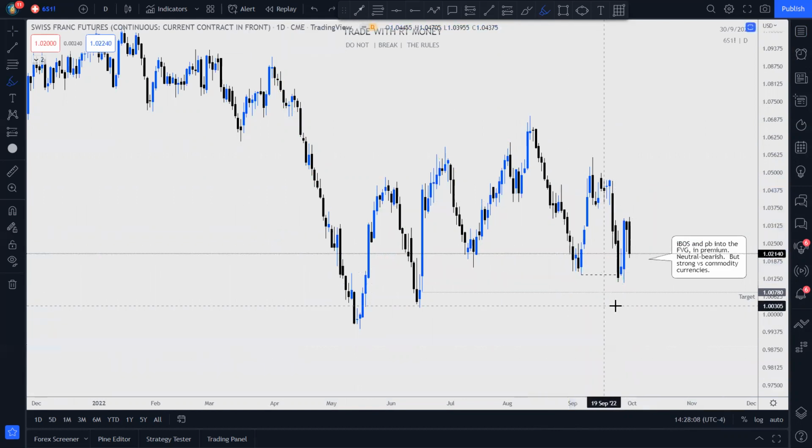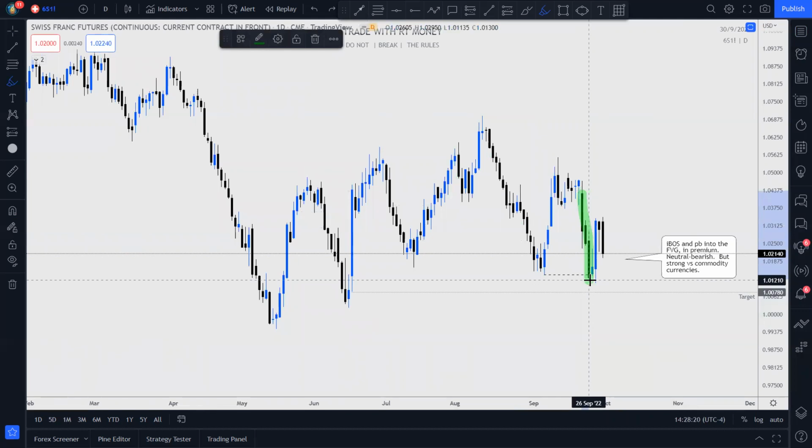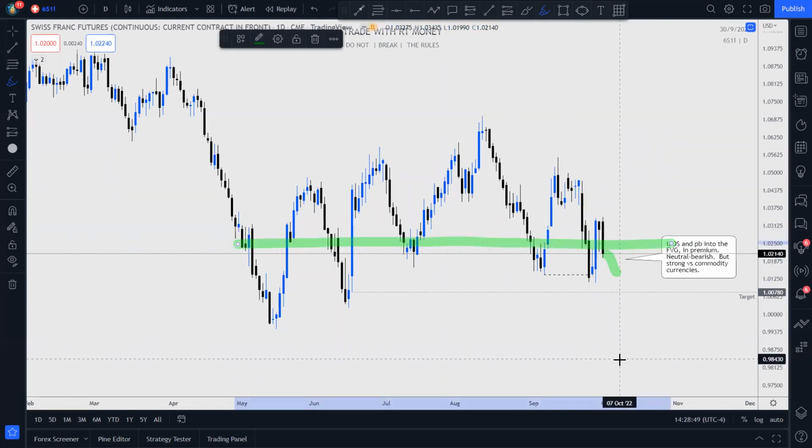So it's indicating to me that it's moving in a bearish way. This impulse broke that low, and we have a correction to it. I believe after a change of character here, breaking the range of the previous candle to the downside last week, I'm thinking that we may see some more bearishness, but this is really neutral, maybe neutral bearish.